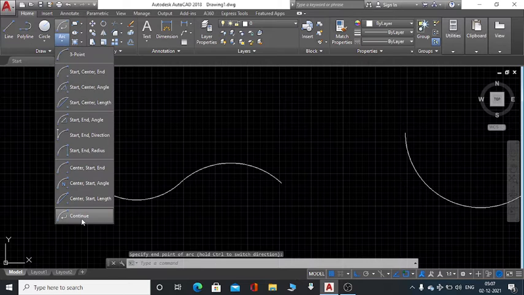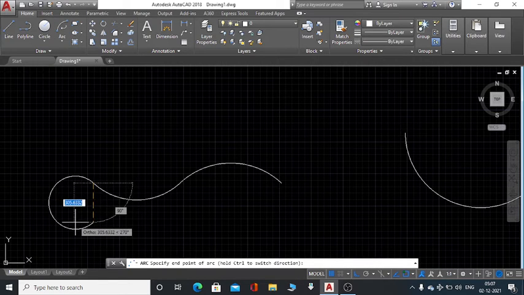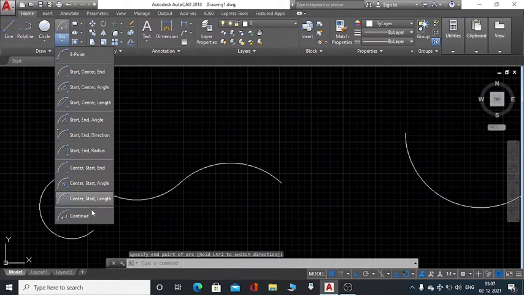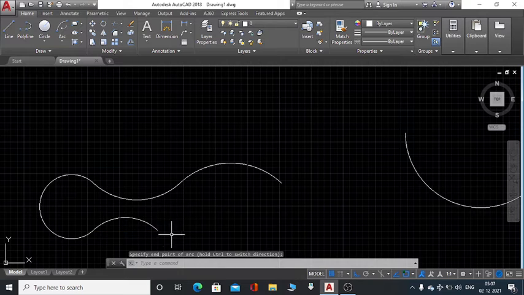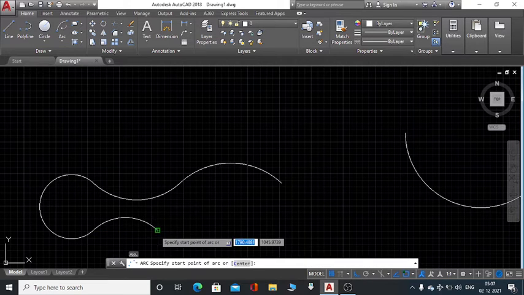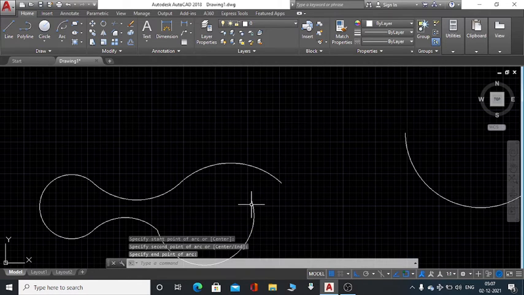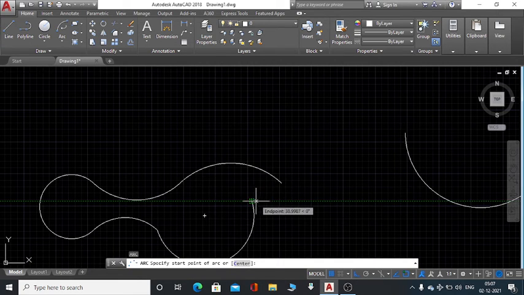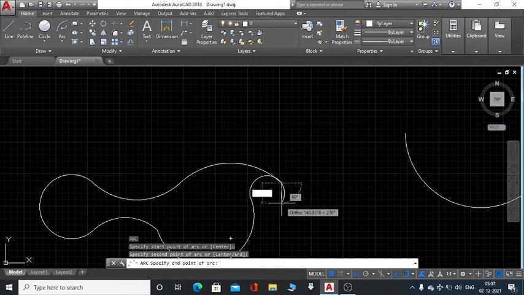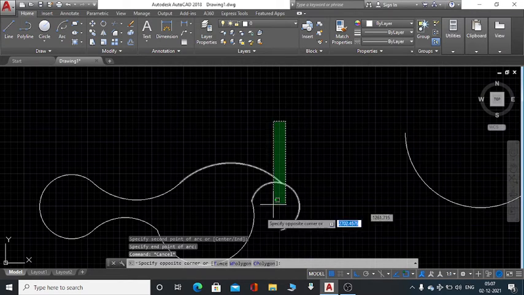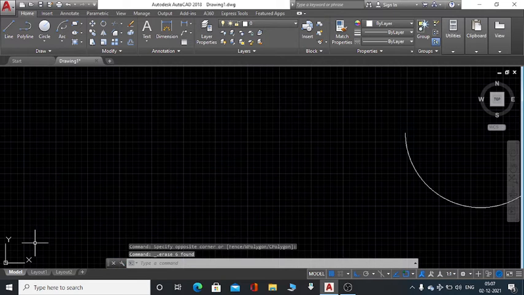See. Escape, delete all this. Okay, next one is ellipse.